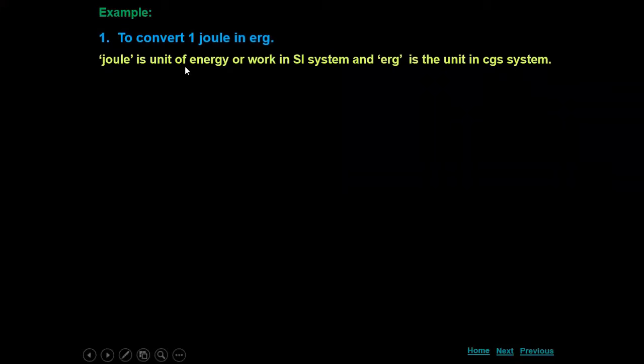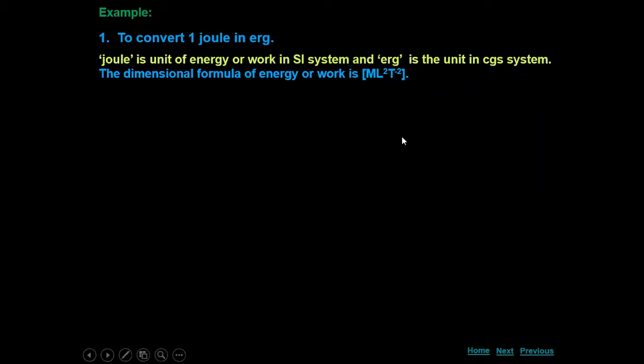Next, we'll go with an example and understand clearly. Suppose we want to convert 1 joule into ergs. How do we do that? We already know it from when we studied in class 10. Here we will see exactly how we will convert it. Joule is the unit of energy or work in the SI system, whereas erg is the unit of work or energy in the CGS system. Okay. Next, the dimensional formula of energy or work, both are the same. We know it already. We derived ML^2T^-2.